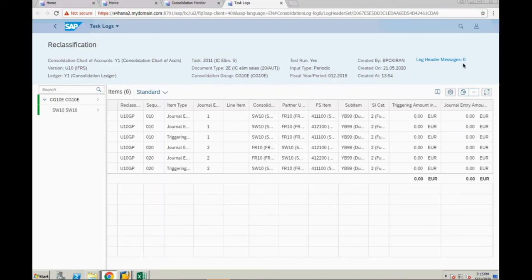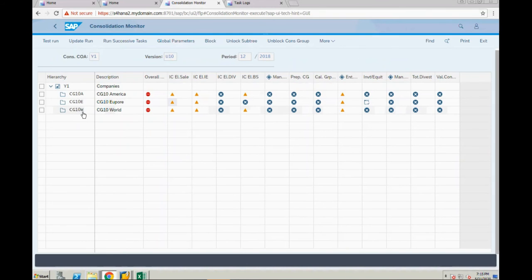Yeah. So it would be like a role, right? Assigned by each region. Sure. Yeah, a PFCG role, in that, for the consolidation group, they will restrict which consolidation group he can access. Got it. But it will be the same transaction. I cannot do another consolidation monitor. Correct. Because I have access, that's why I'm showing these three. If I had access restricted to Europe, I would have seen only Europe here.